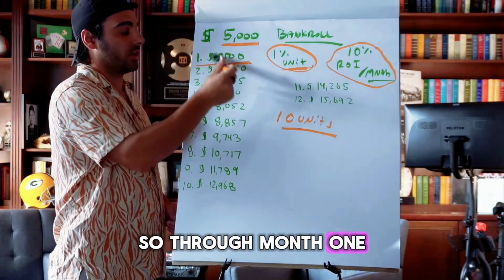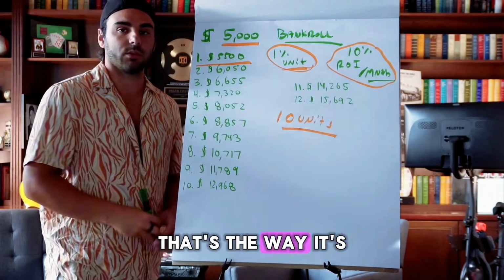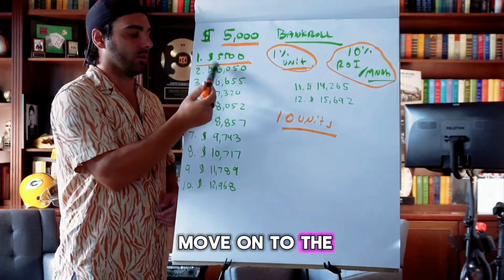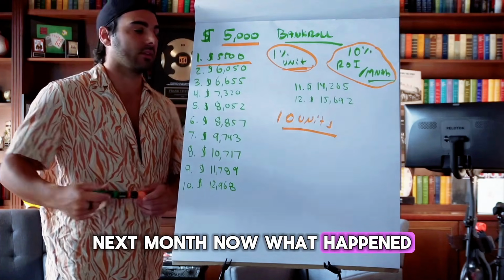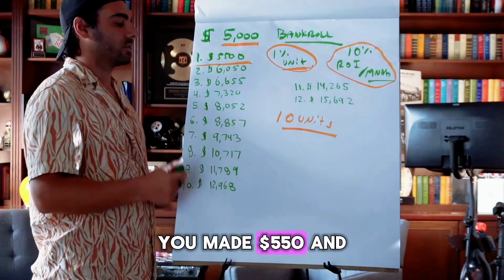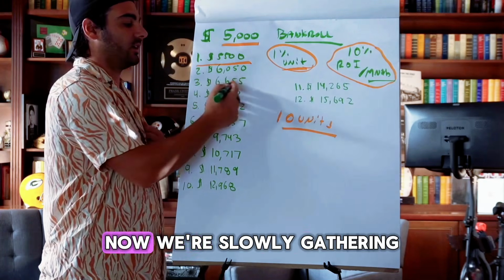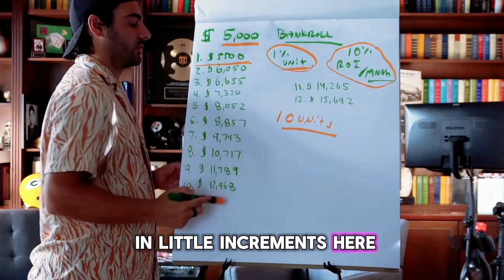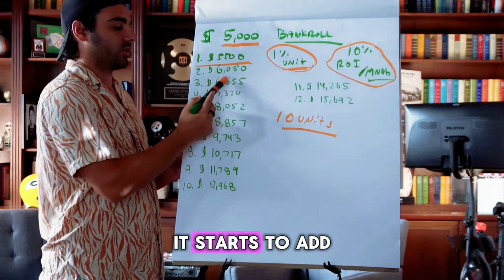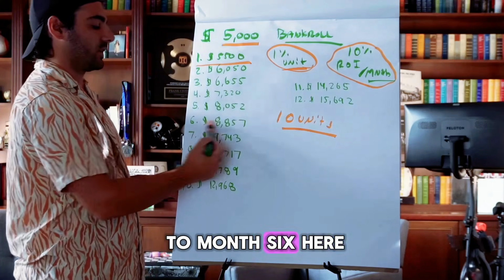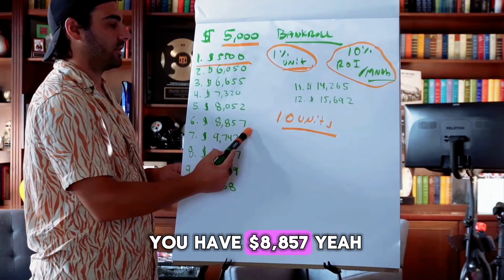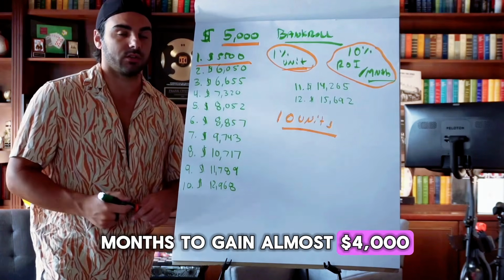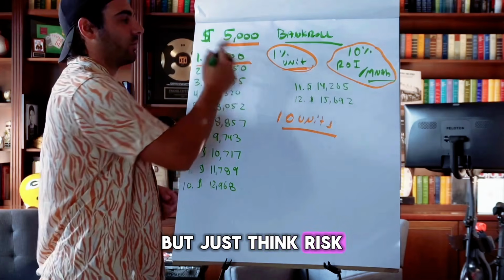So through month one, you're going to make 500 bucks. That's the way it's going to go, okay? You're going to make $500, and then we're going to move on to the next month. Next month, now what happened? You made $550. And then the next month after that, now we're slowly gathering up, right? It starts to add in little increments here. If you really look close, it starts to add up. Let's go up to month 6 here. You have $8,857. Yeah, it took you 6 months to gain almost $4,000, but just think, risk level wise, you're